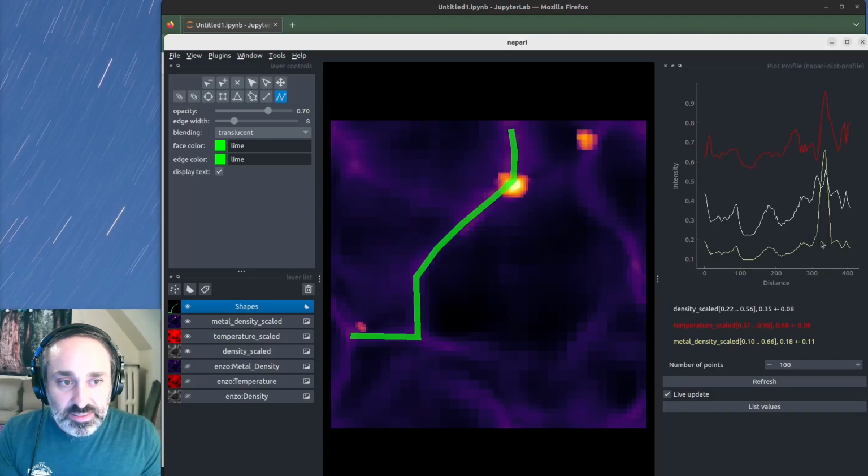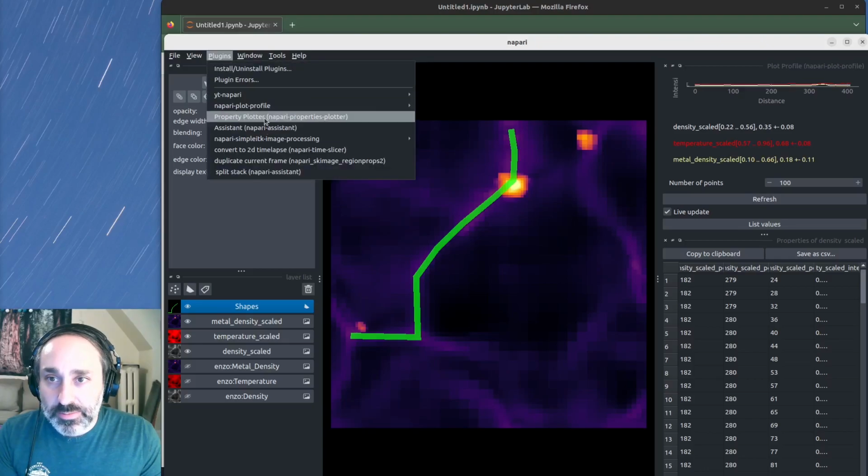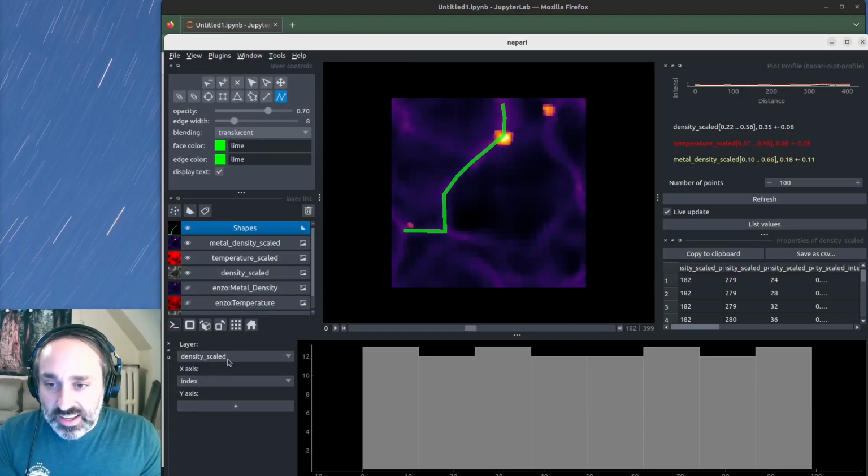This distance now is the distance along the path, and then we have all our separate samples and list the values to store those samples in our density properties layer, and pull up the property plotter again, and now what we get out is the